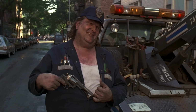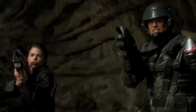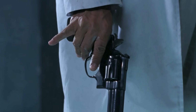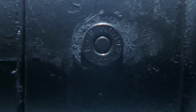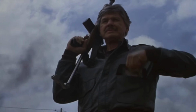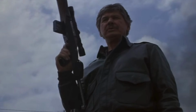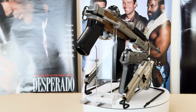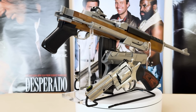And beyond that, we push to the stars with a visitor from outer space and the story of a rifle that made its way into the 23rd century in a war against giant arachnids. So, what will be number 1? Will it be a revolver with old school gravitas, a semi-auto that stole the scene, or even a rifle that dominated a battlefield sequence? And finally, stick around to the very end of the video for a bonus entry